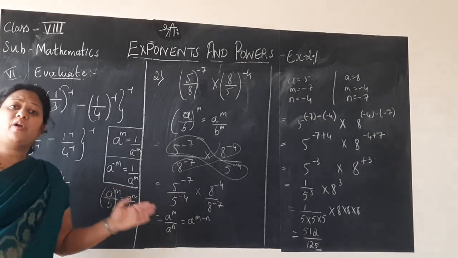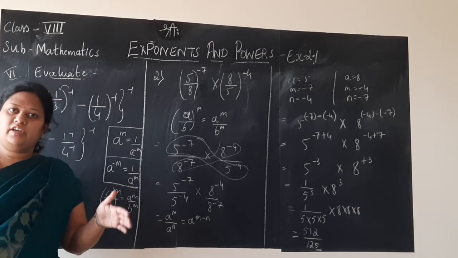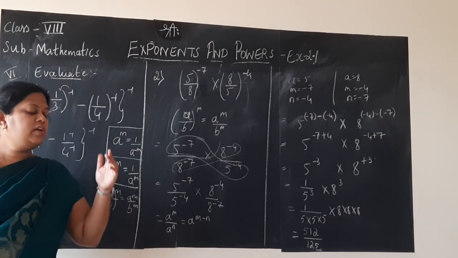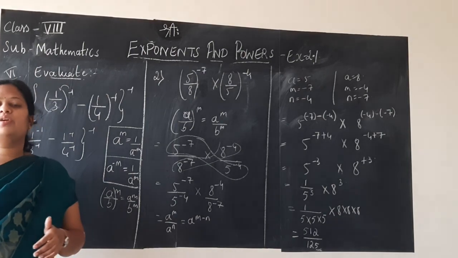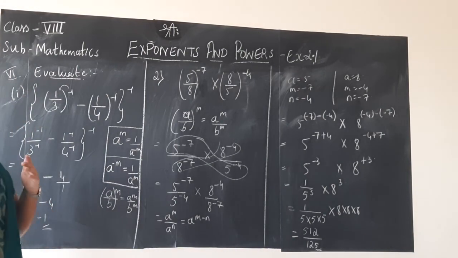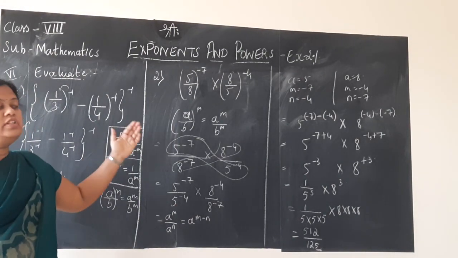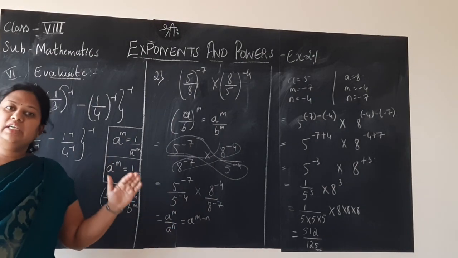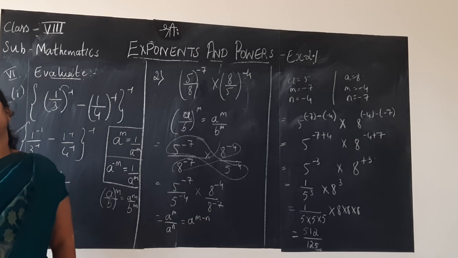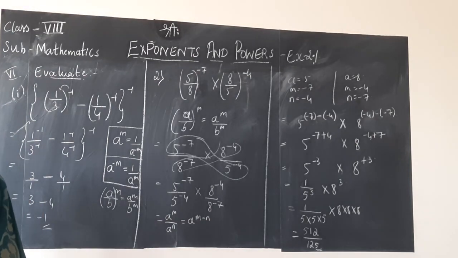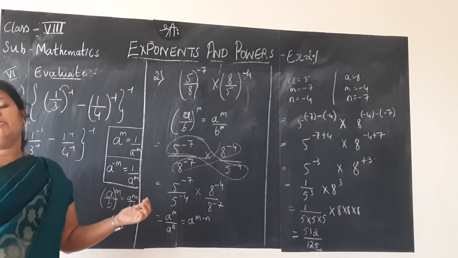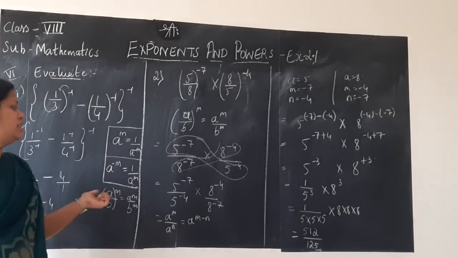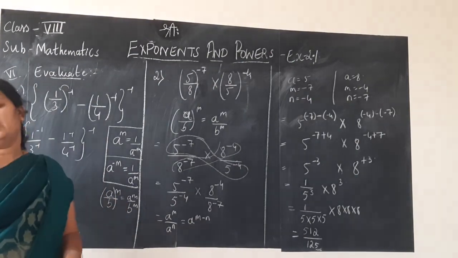Look, children, each problem we are solving here is different. It is not like one method works for all problems. You can do it unless you know which law you have to apply and how you have to simplify. Concentrate on the base and its exponents as well. So this is about your 6th main. We are left with the last main of this exercise, the 7th main. I will clean the board and do it for you, children.